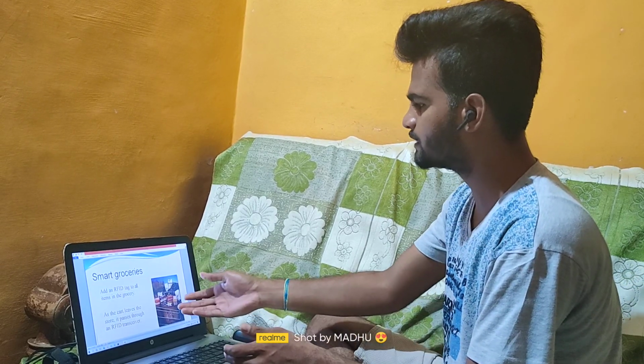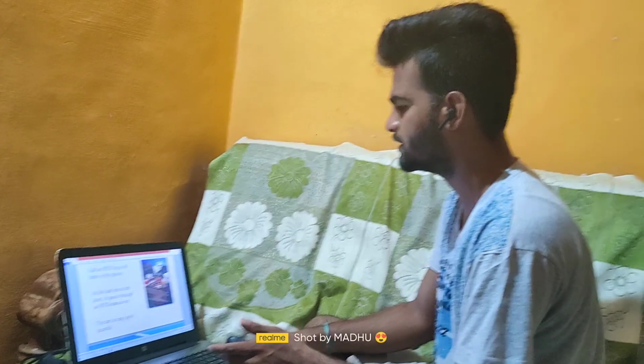Next, another application is smart devices. It means daily life uses this application also. In the grocery, every item has an RFID tag. As the cart leaves the store, it passes the RFID transceiver. The cart is run up in seconds only. It makes pricing easier. The RFID tag is used for price, manufacturing and expiry data, and full details on the product. We can see it by using the RFID tag.